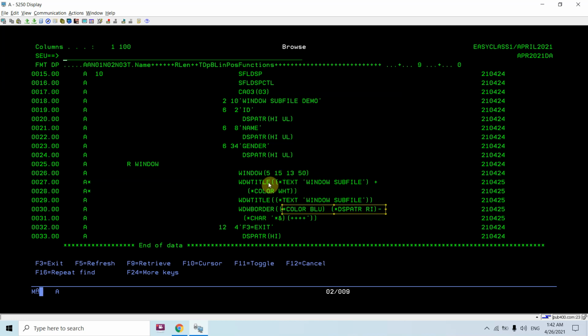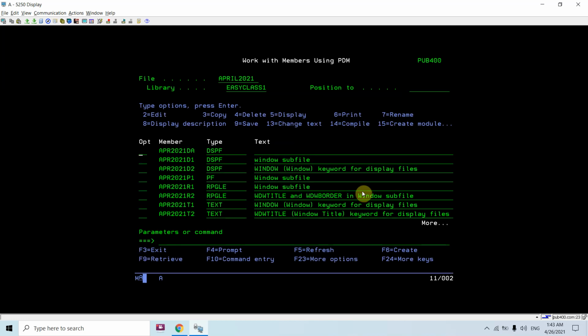Here all are optional, that is title text, color, or display attribute. So you can use these two keywords to define the window title and window border for your window subfile. That's what I want to cover here.